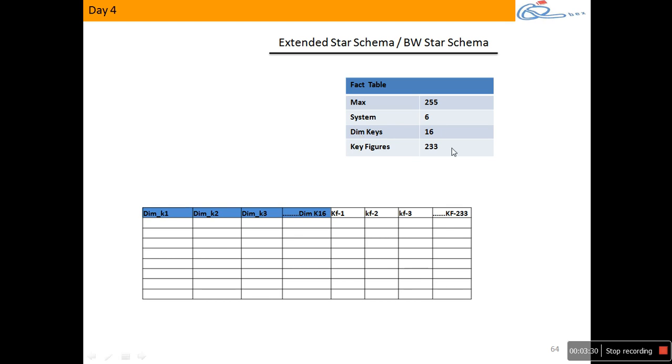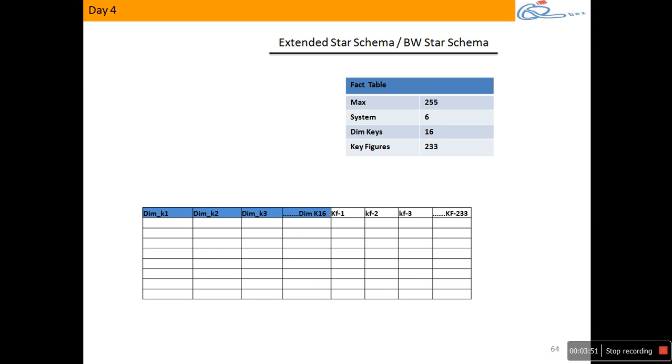And how many are left out? 233. We are going to fill those 233 columns with key figures. That's why whenever I am creating a cube, we can have a maximum of only 233 key figures. Why? Your fact table has 255, and 6 are used internally for system purposes. How many are left out? 249.